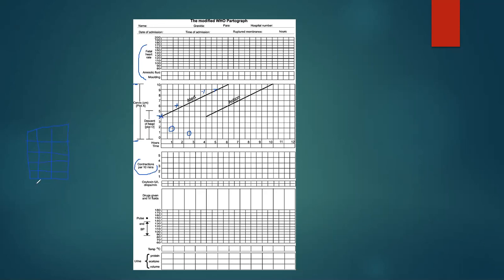1, 2, 3, 4, 5. Okay. Let's assume the first contraction is a weak contraction. That means the contraction is less than 20 seconds. Maybe the patient has